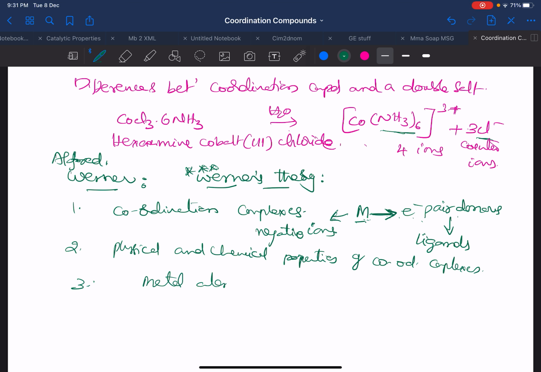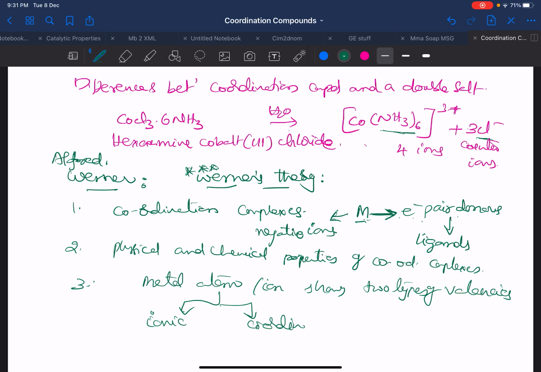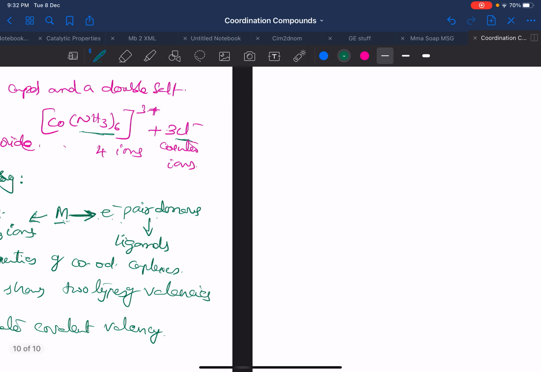So from this example, he explained the central metal atom shows two types of valencies. Metal atom or ion shows two types of valencies. What are those valencies? They are ionic valency and coordinate covalent valency. So what is ionic valency and what is the coordinate covalent valency? In ionic valency,